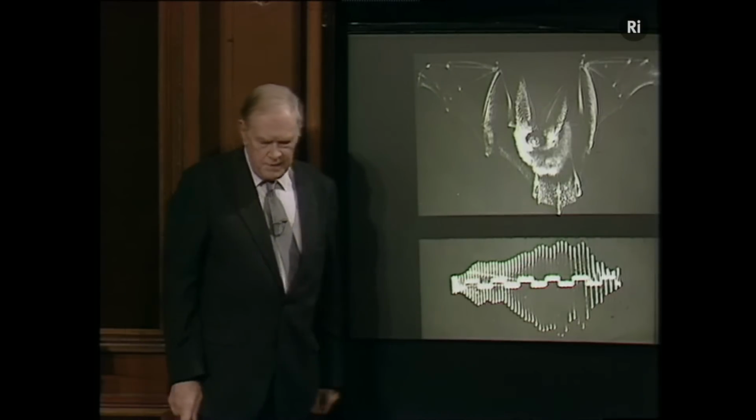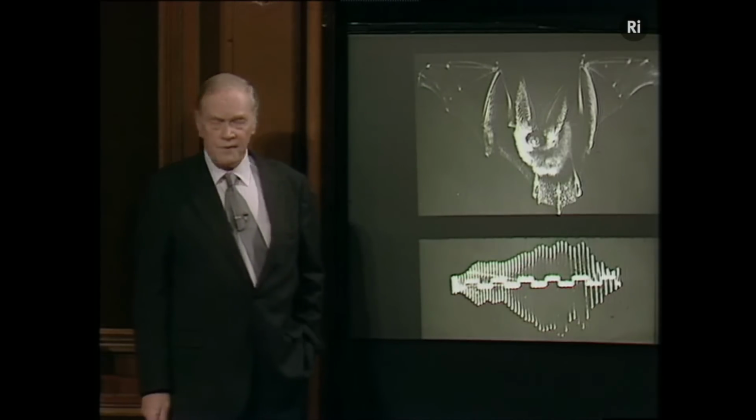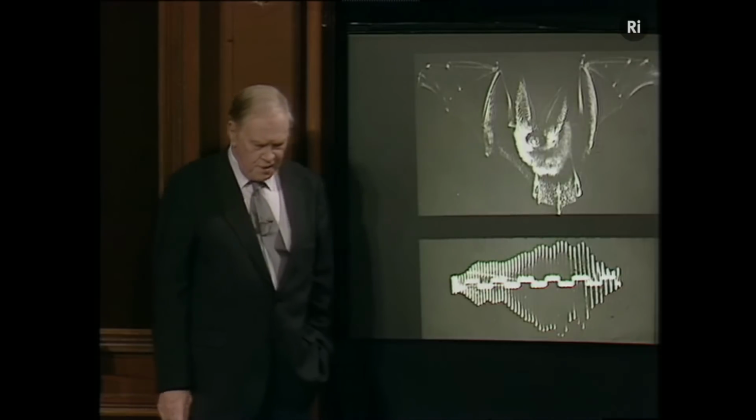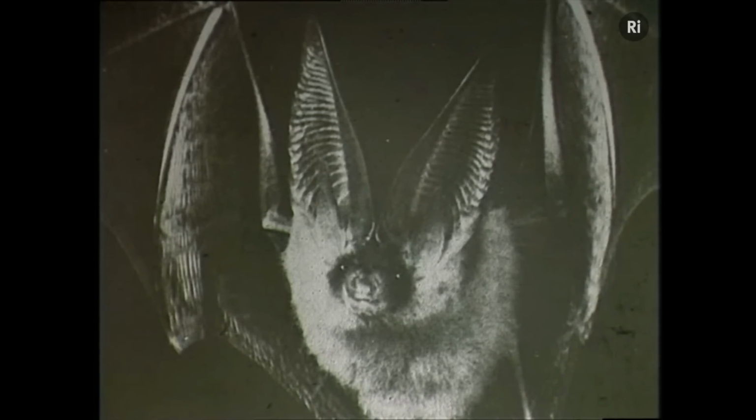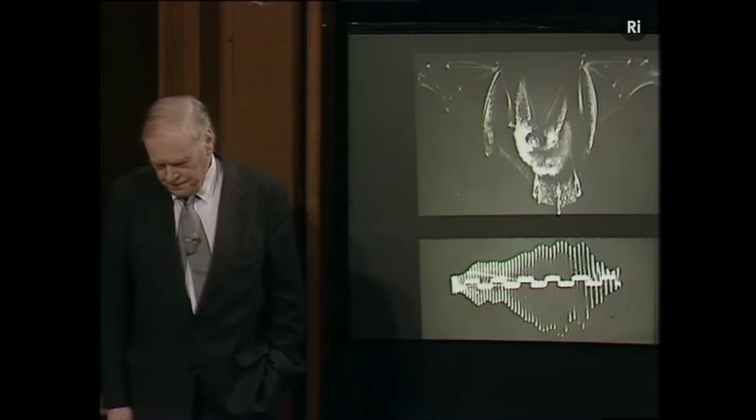He's very maneuverable indeed with his wings. And, of course, he uses it not only to fly and avoid obstacles in the dark, but to catch his prey, which he scoops up like this. And what can the prey do? Well, he can do exactly what